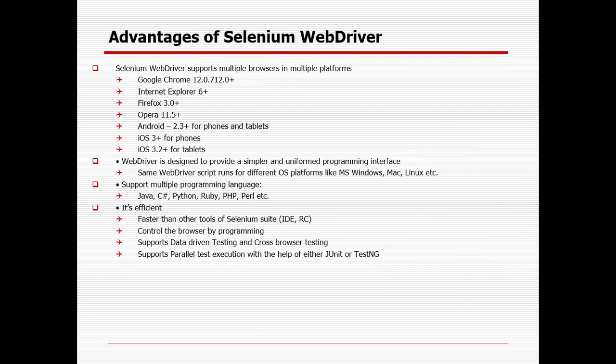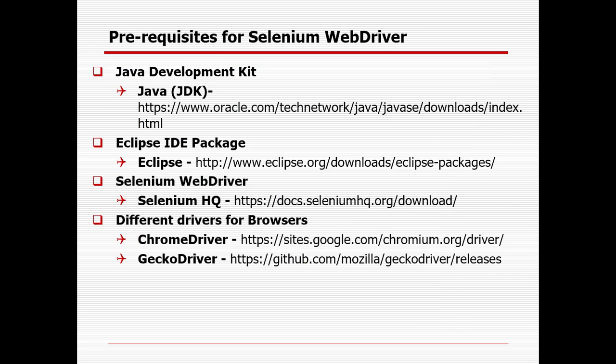Prerequisites to start with Selenium: first, Java needs to be installed. Then you need to set the path variable and JAVA_HOME. After that, you need to install Eclipse, open Eclipse, and set the workspace. After that, you create a project, then a package, then a class. You need to associate the Selenium jar file with it. After that, you set the properties for the Chrome driver and the Gecko driver. Then you maximize the window and get the URL, right? So that is the way you will start your journey in automation.